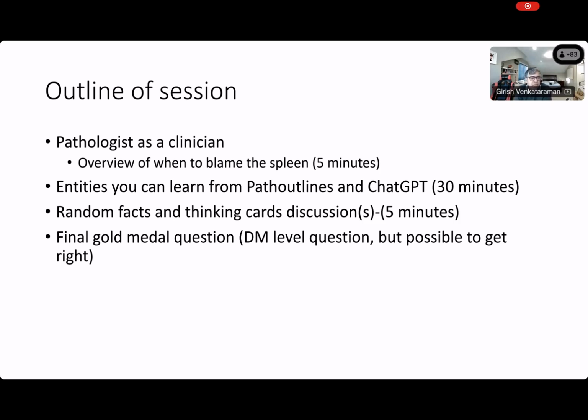But I want all of you to collectively think, and I'm not going to pinpoint one person and ask you to give me an answer. And of course, I will have a final question for the 2s and 3s who have been through more pathology, what I like to call a gold medal question. If you can collectively get the answer, you all get the prize. If not, I'll give you the answer and you will have learned something. This is what I'm going to do.